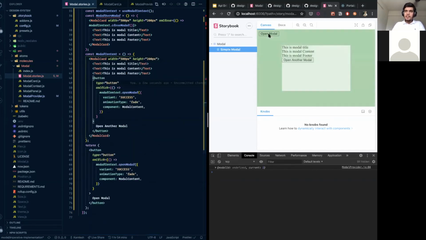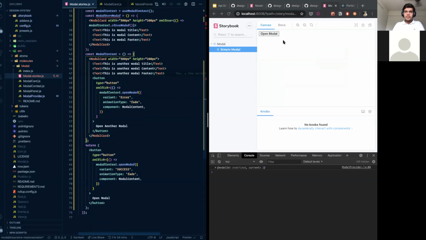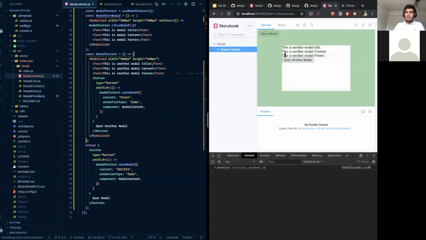I need to say error. This is another modal title, and this is another modal content, and this is another modal footer. I say this, I open another modal.